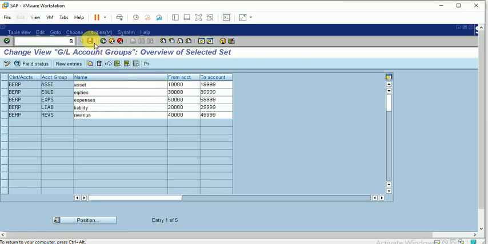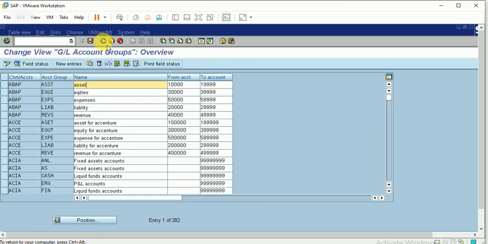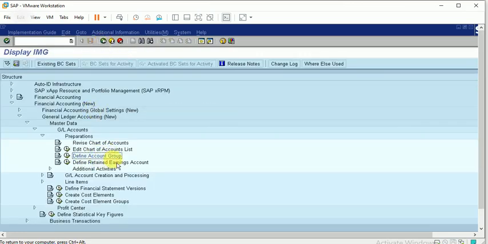So this is the main configuration relevant to finance. I'm moving back. Define retained earnings account: I'm skipping this now. I will explain it in finance controlling.